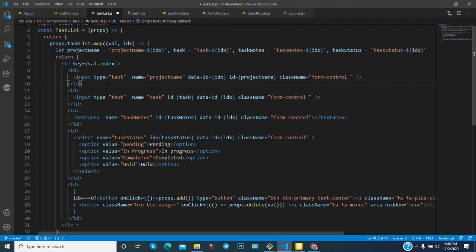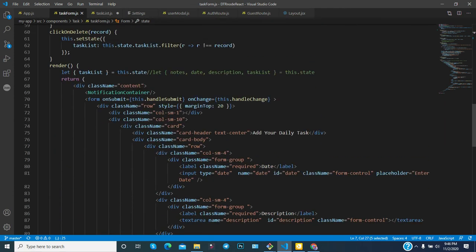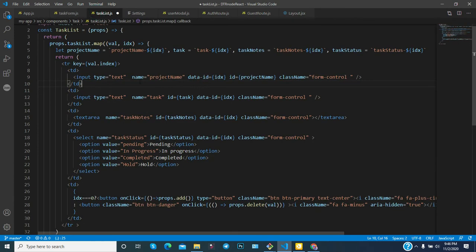But it's not like that. The loop will run once again, re-rendering will happen. Whatever you have done in this render method will be re-rendered once again, but this re-rendering will be very fast in this particular case. Keep these things in your mind. Okay, now you understand about it.